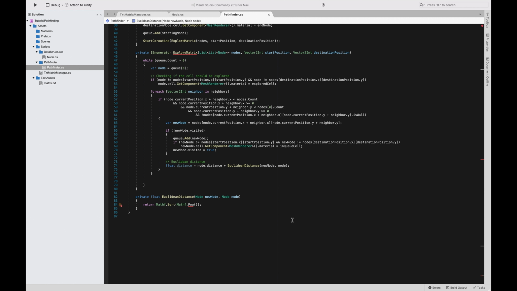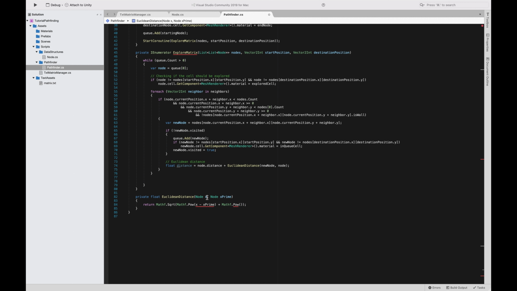Okay, so the power of new. Actually, let me rename this to x and x prime, as we said in the example. So power of x minus x prime plus Mathf.Pow of,